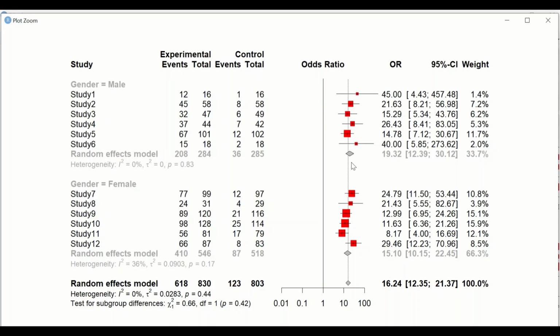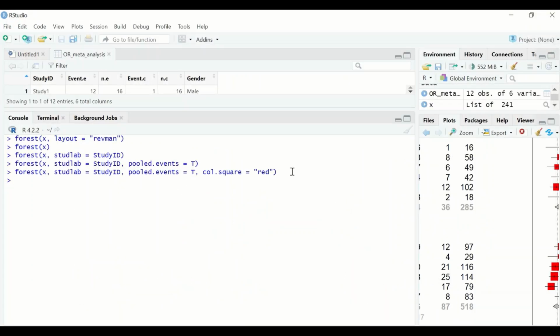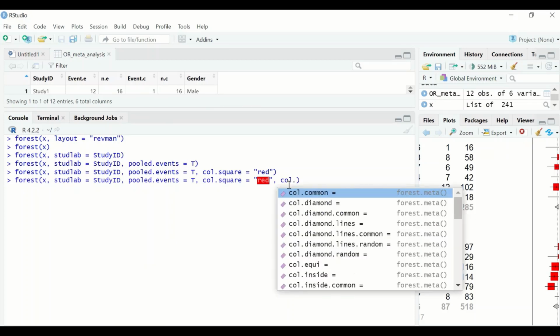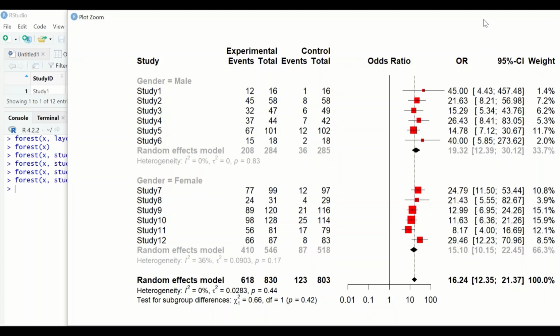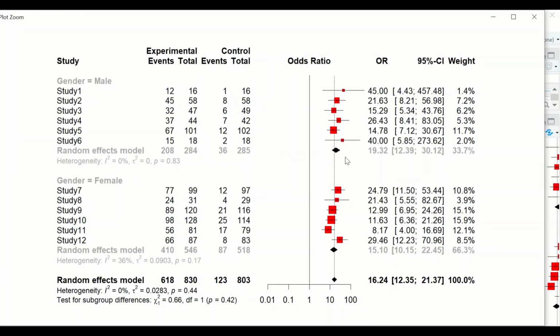To change the color of the diamond here, which represents the overall effect size, exit this, copy the previous command, insert, and then add a comma, and then type color diamond and select the color diamond option, and then let's give the color of the diamond black, and hit enter, view it again, and as shown here, the diamond is colored